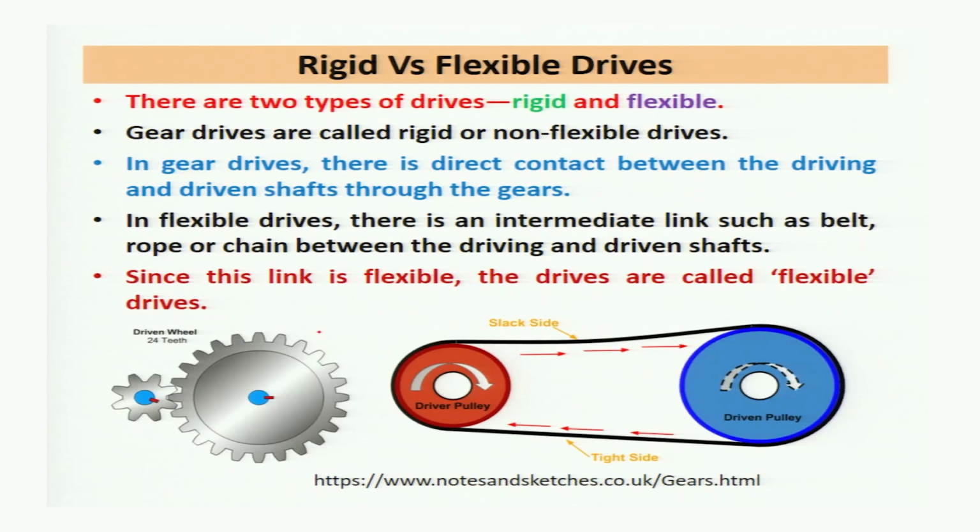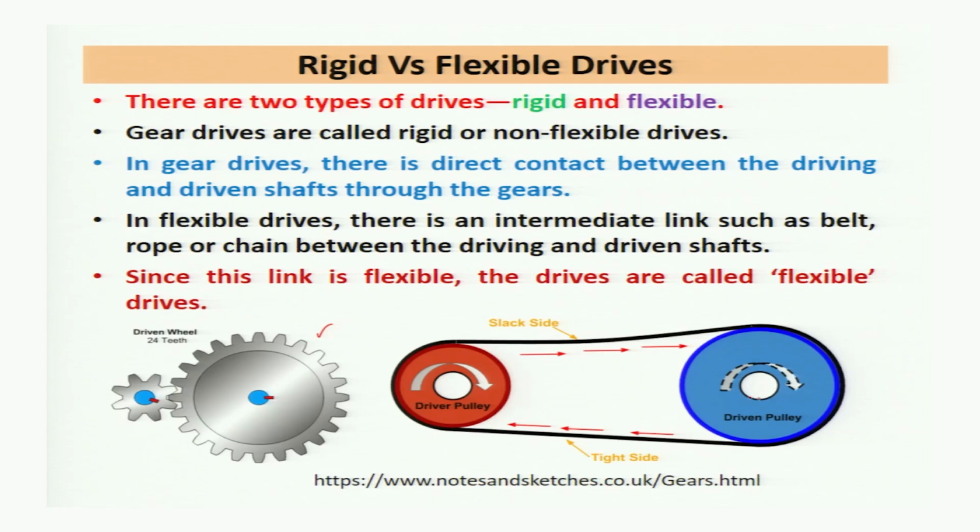Now, if we see the drives which we studied till now, that is the drive with the help of gears, there is a direct contact between the two elements, the pinion and the gear. There is metal to metal contact, and from that contact the force is transferred from driving gear to the driven gear. In flexible drives, there is an intermediate link such as belt, rope or chain between the driving and